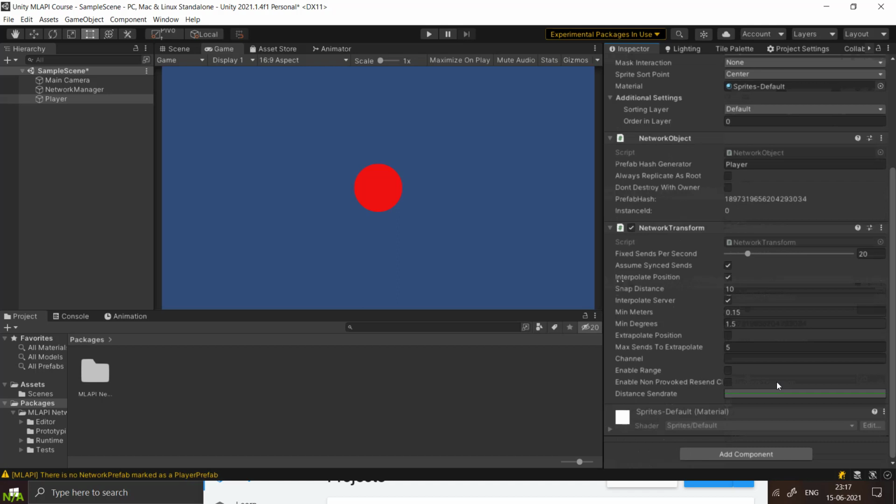And when we move it here and there, the other person will also see it moving here and there on his screen due to this network transform script. So let's get into the details of how this network transform script functions.